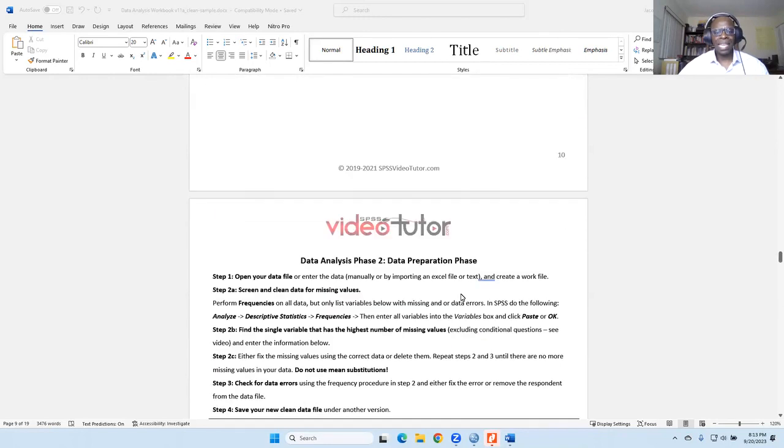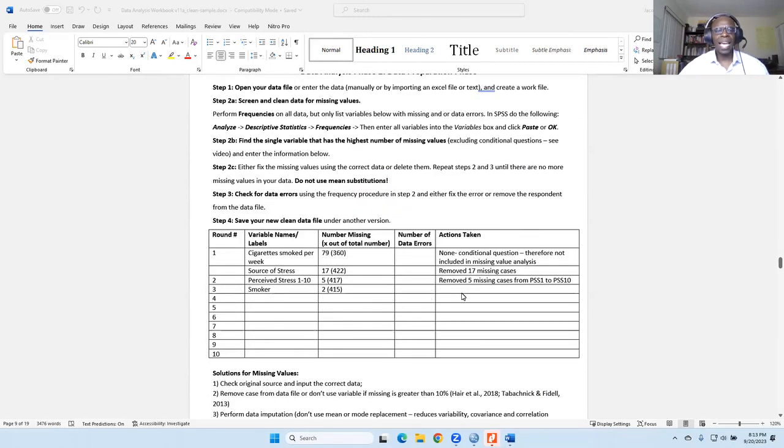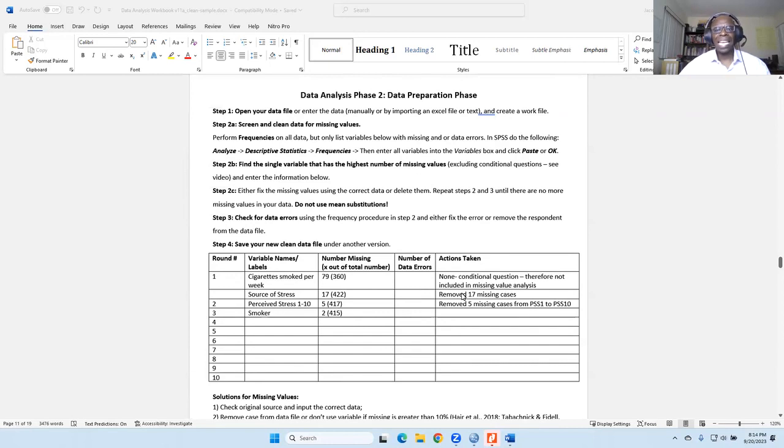Now, on day 2, we started out with data preparation. Essentially, we said, hey, let's look at the variables that have missing values. So we ran descriptive statistics. And then we said, okay, which variable has the most missing that is not a conditional question?